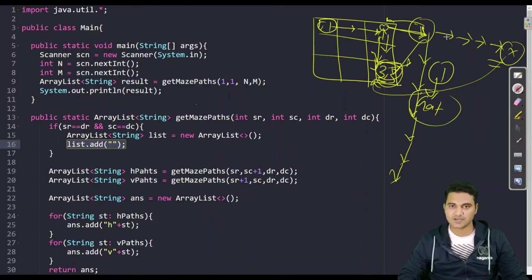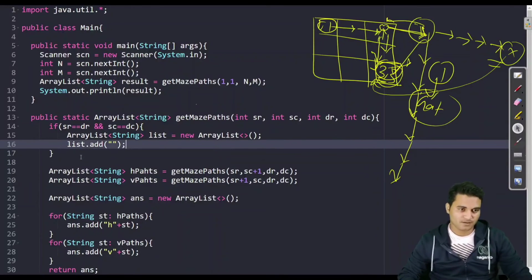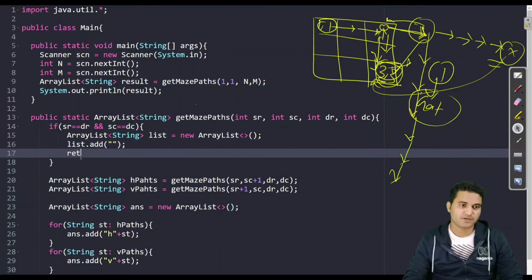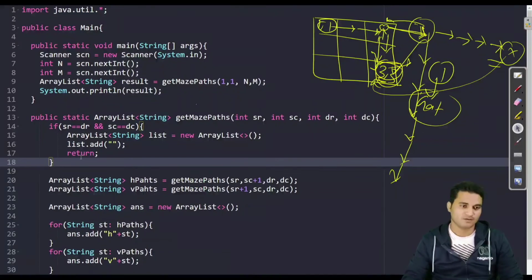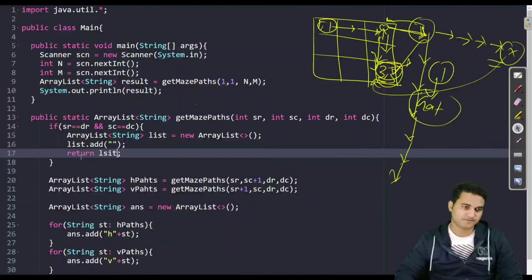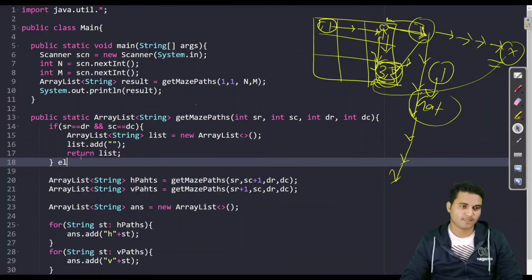So what is the condition for that? This is also very simple. And here from here we have to return the list. If this is not the case, else if SR is greater than DR, meaning the source row exceeded the destination row.